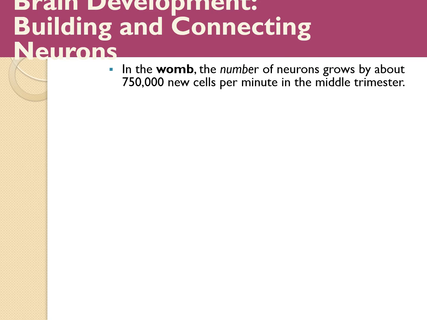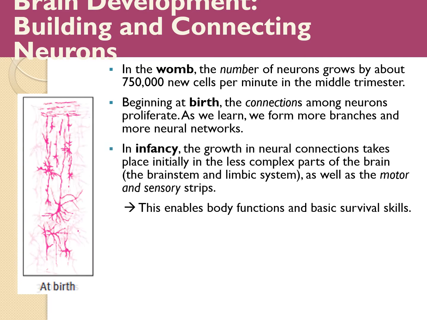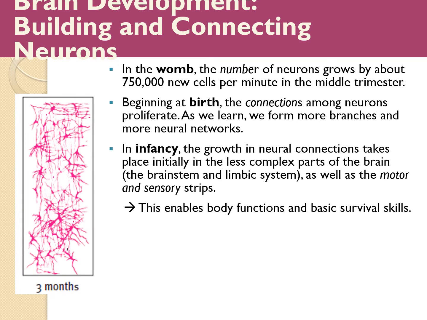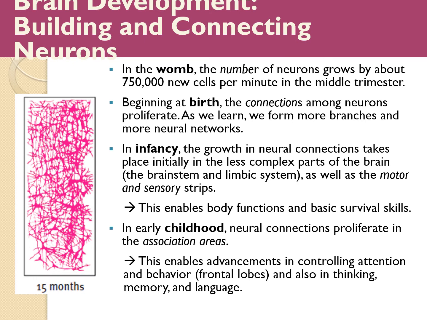When we look at brain development for infants, when they're in the womb, there's tons of neurons that are growing. So let's take a look at the first picture I have here. At birth, this is how many neurons are in an infant's head at that moment. When we move just 3 months forward, look at that exuberant growth of neurons. Exuberant meaning massive, fast growth of neurons. Then look at it again, and we're going to look at 15 months old and how many neurons are in there. So during those first few months of life, boy, are we really just building massive quantities of neurons.